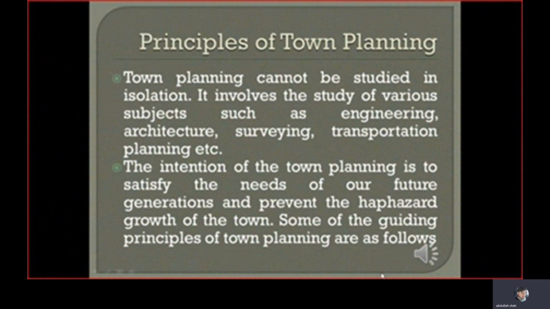The subject of town planning involves the knowledge of various professions such as engineering, architecture, transportation, and surveying. The town should be designed not only to fulfill the needs of present generations but also satisfy the requirements of future generations. The basic principles of town planning, considered from technical, administrative, and economical point of view, are zoning, green belt,